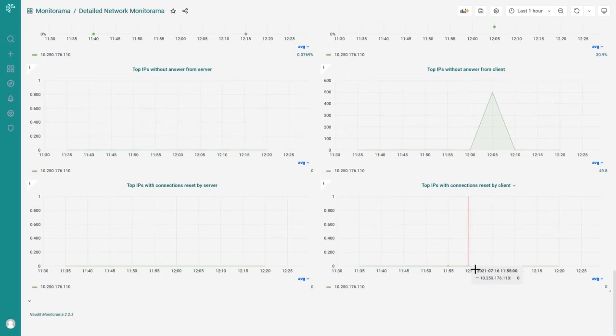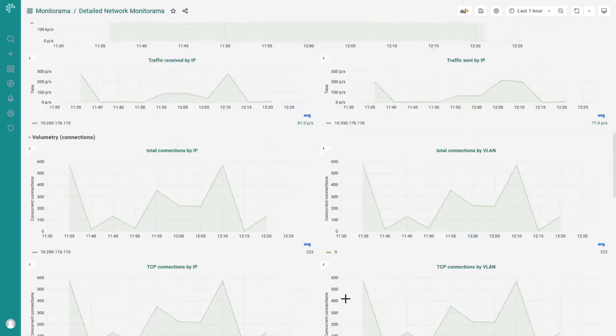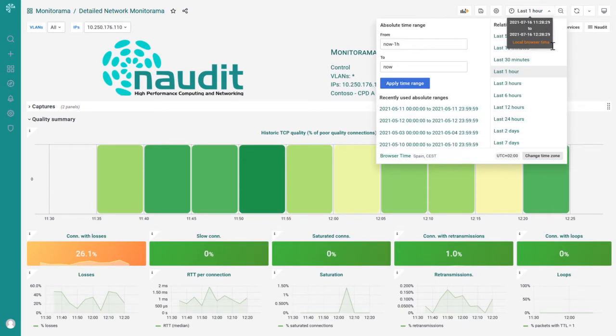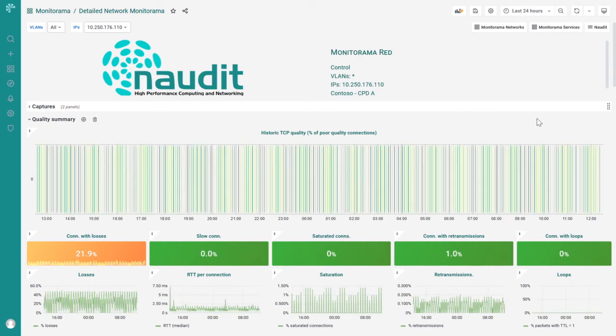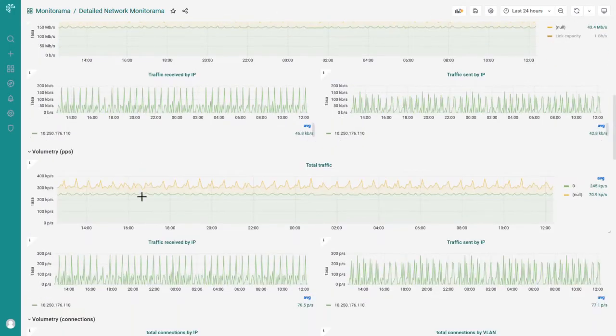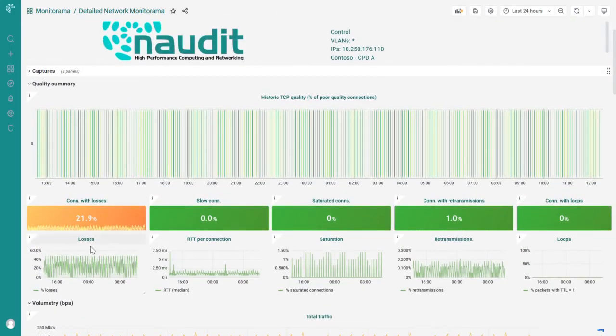We can have this information for the case we have here, which would be the last hour, but we could also have it to see how it has evolved throughout the day. For example, the last 24 hours. And in this case we could observe how the traffic has been evolving over time, so that we can see those graphs that we had before, have them more detailed, and see that the retransmission problem is not something occasional, but that it is something that has really happened to us throughout the whole of the last day.